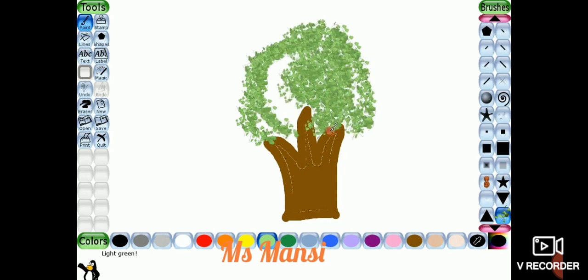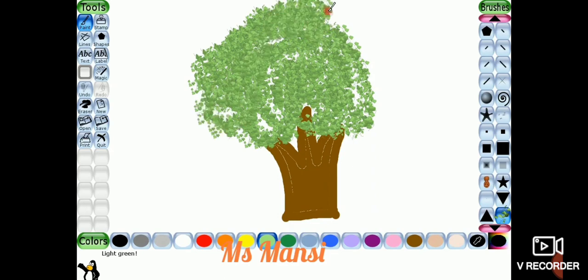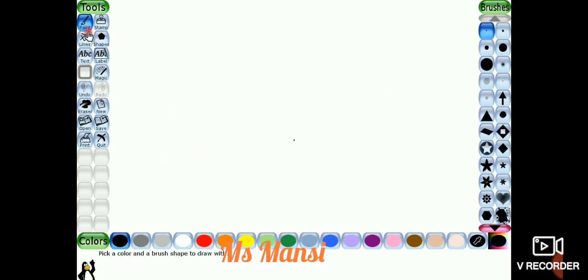You will see a beautiful tree. Students, see, this is a beautiful tree. You can also use other brush shapes and draw different patterns. Okay students, this is the process of how to create a tree.